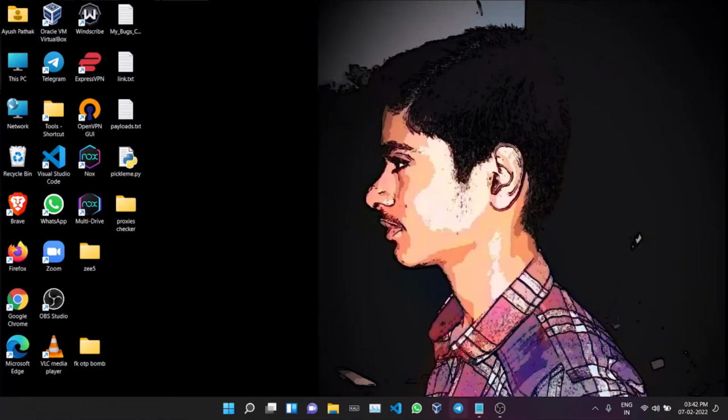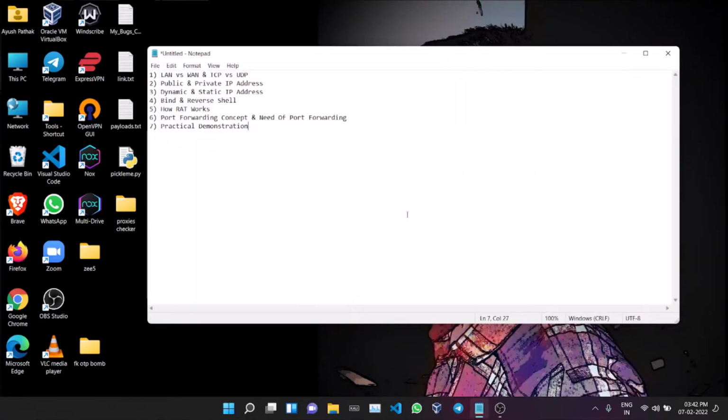Basically I have one more thing to tell about this: we can use a domain name also instead of IP addresses. For example, if I do localhost on my PC, then it will point towards 127.0.0.1, meaning my device only. So this is a domain name and this is the IP that it matches to. Like if we do www.google.com, our browser doesn't know what to do with this, so it sends this data to the DNS and asks for the IP. And if we do a ping, I can show you.